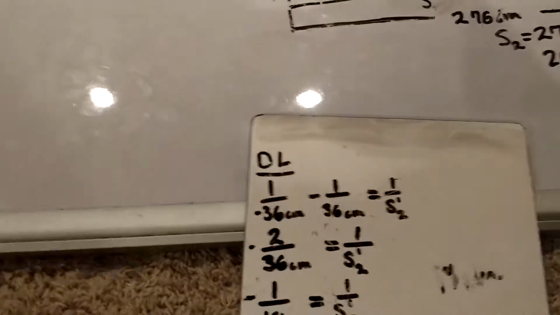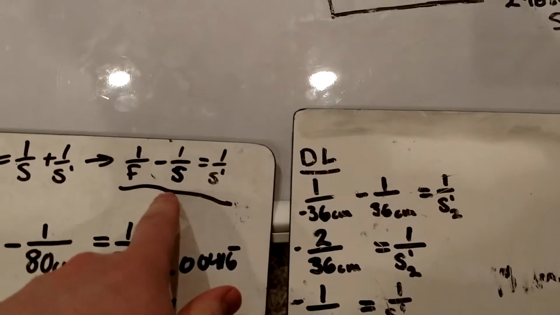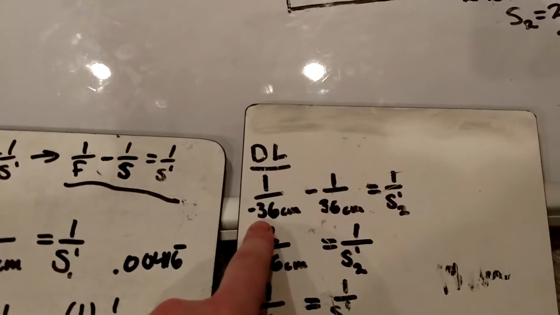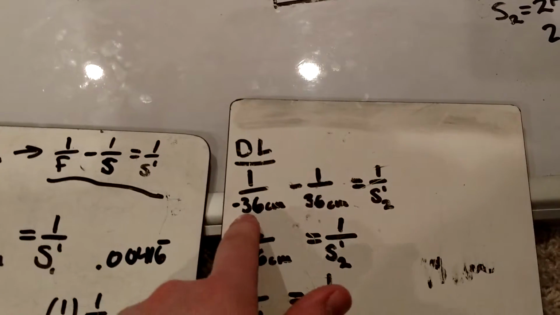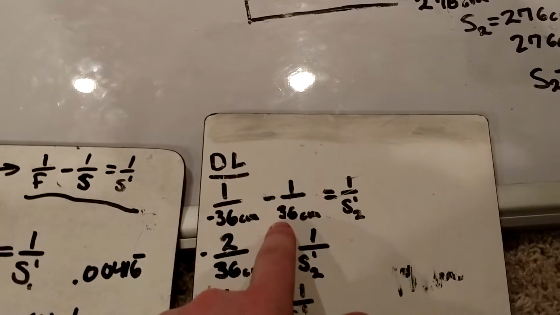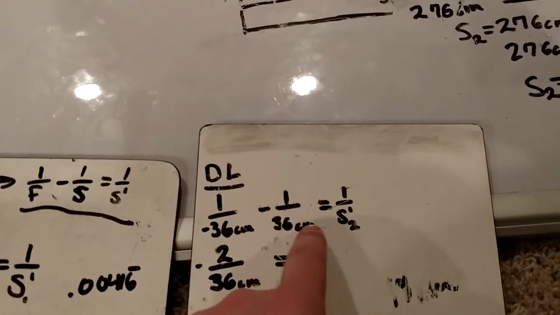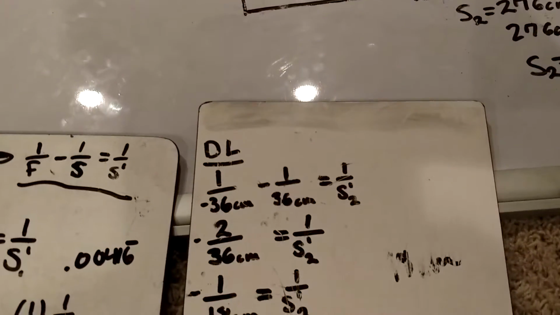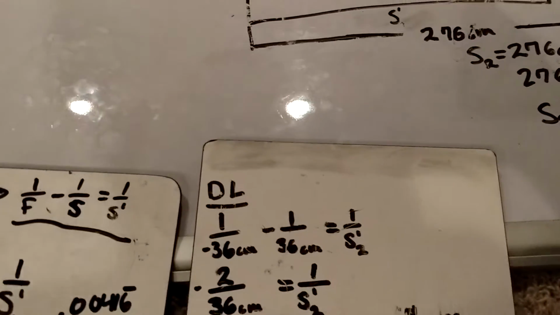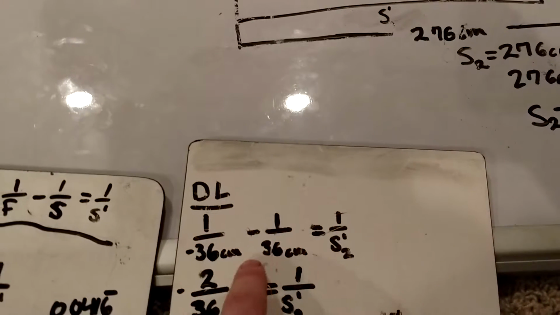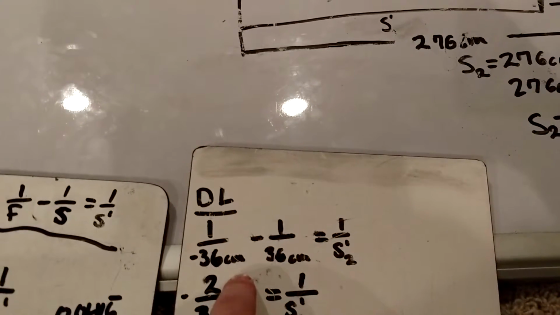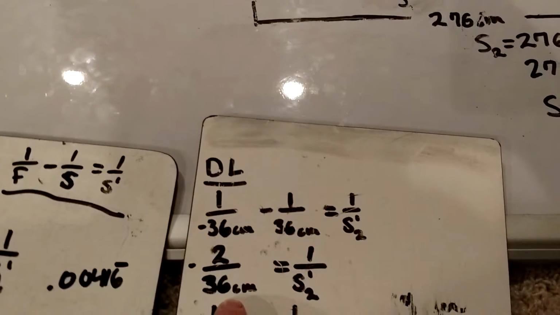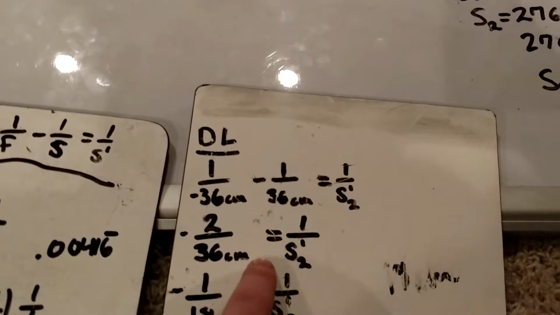So to save time and effort, I'm just going to use this formula again. Put it right over here. The focal length of the diverging lens was negative 36 centimeters. Subtract that by the distance, which we just got, which is 36 centimeters, equals 1 over our image length. Simplifying this, when you subtract a positive from a negative, you add to the positive, so we're left with negative 2 over 36 centimeters equals 1 over